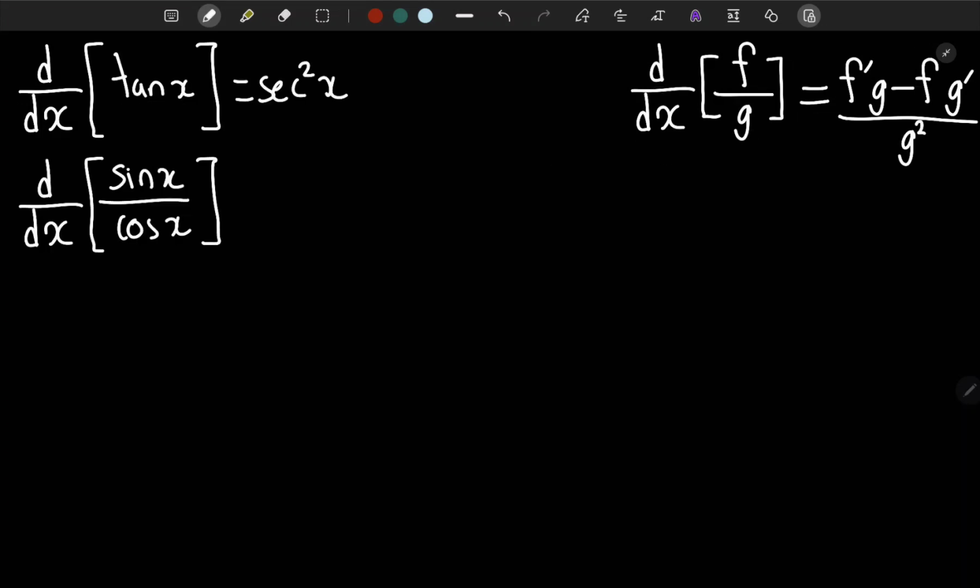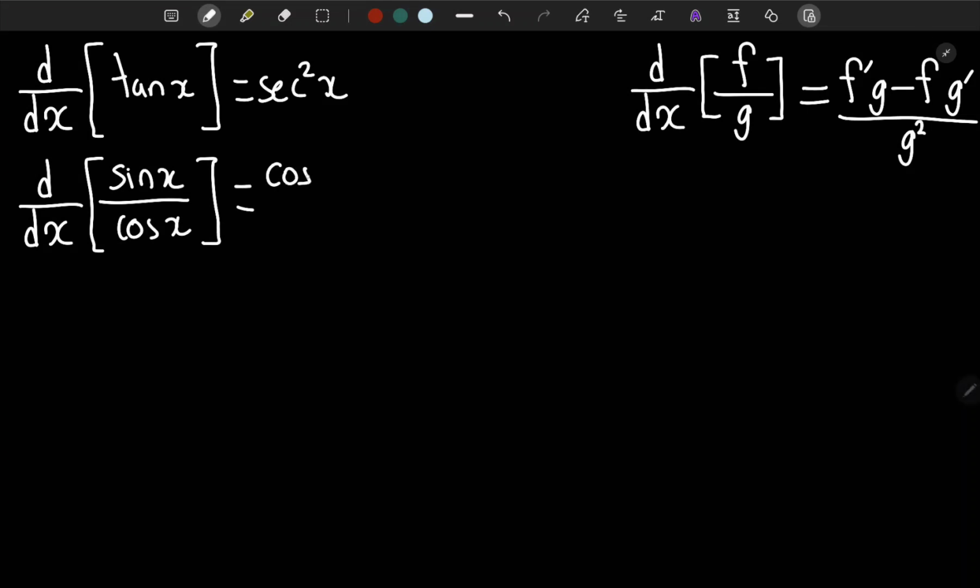Now another question you might be asked is, you need to prove the derivative of tan x is secant squared x. So we know this, as this is a rule, and we need to prove it. So here tan is sine over cosine, and here we can use the quotient rule on this. So f is going to be sine x and g is going to be cosine x, so it's going to be f prime g. So f prime is